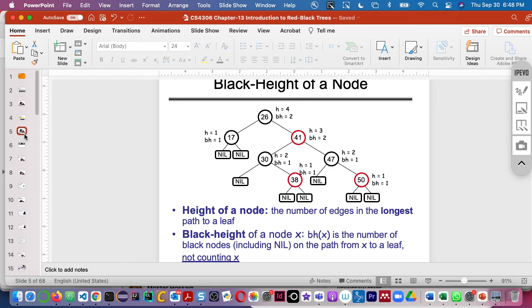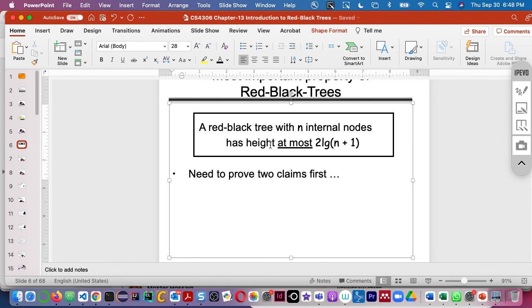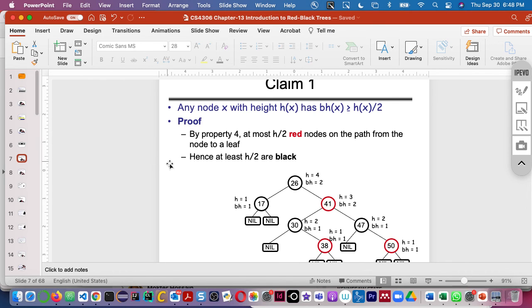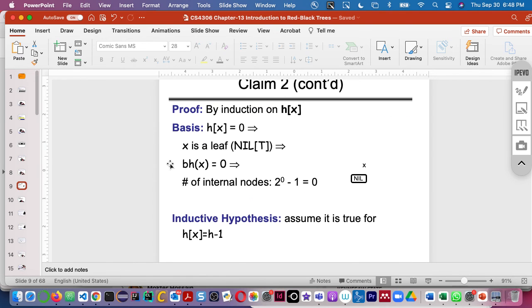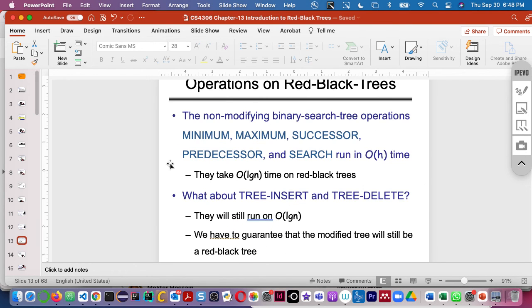And there are 2 more kinds of extra rotation. Okay, so read these slides or book. This kind of question will be for your quiz questions. Okay, I am not asking for the proof. A red black tree with n internal nodes has a height at most 2 log n plus 1. Okay, so you may get that. I am not asking for proof. Okay, I asked you to understand how this happened, and actually we need to understand